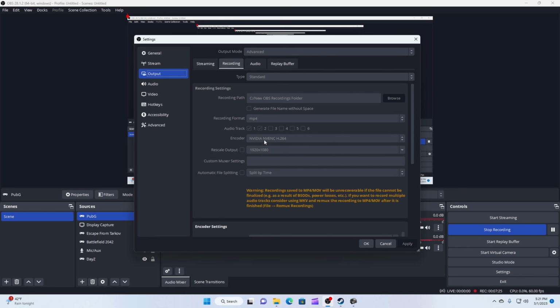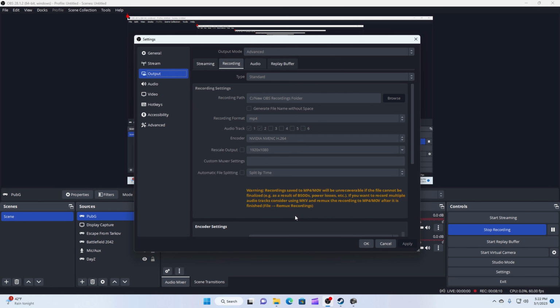My encoder is NVIDIA NVENC H264. Now you can use this as long as your GPU is like at least a 1080 Ti. I'm sure you can do one from before then, but just double check online. If you have an older GPU than a 1080 Ti, I have a 3060 Ti, Founders Edition, and this is the best encoder to use if you can. So as long as yours is up to date with NVIDIA NVENC or can use NVIDIA NVENC H264, which is just like a different chipset or something, I don't know, then I'd recommend using this encoder. Rescale output 1920 by 1080,